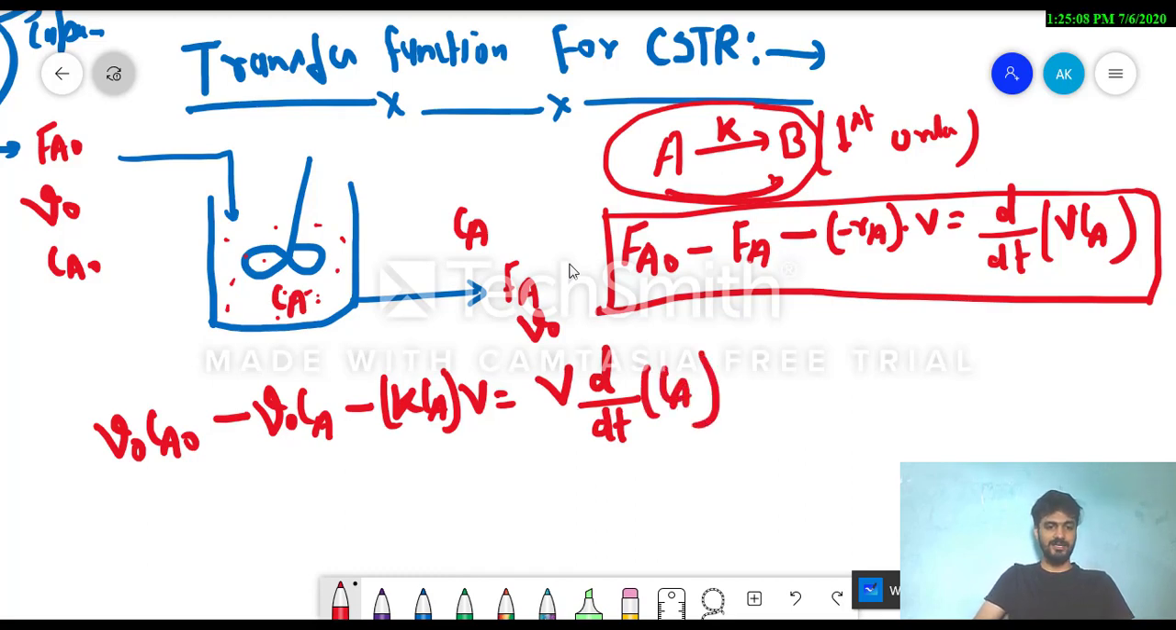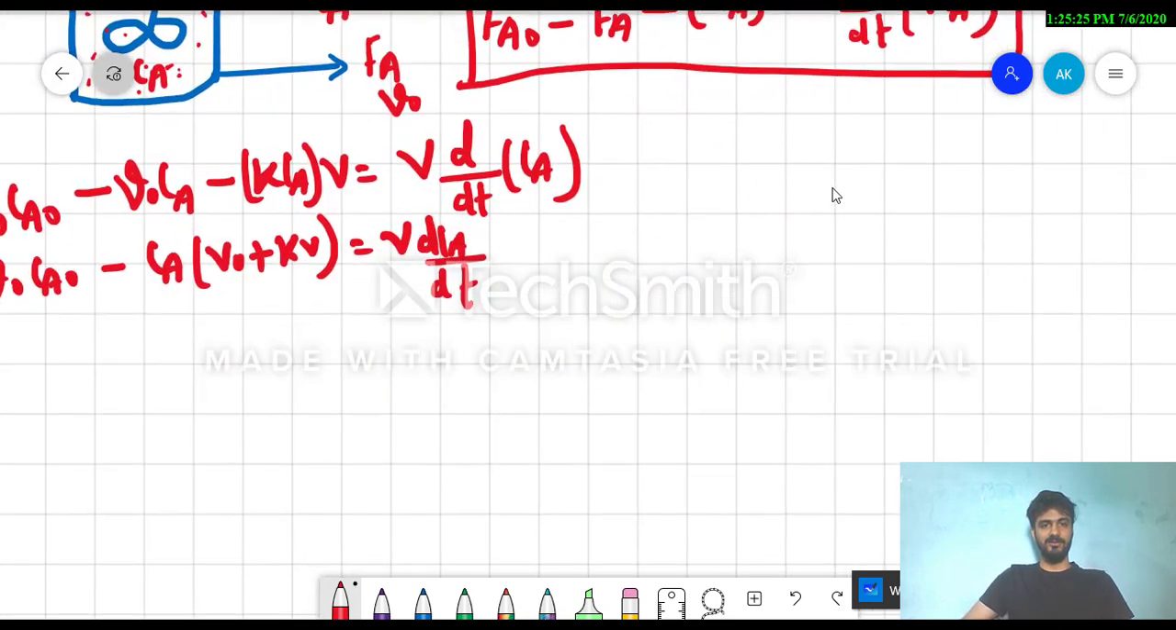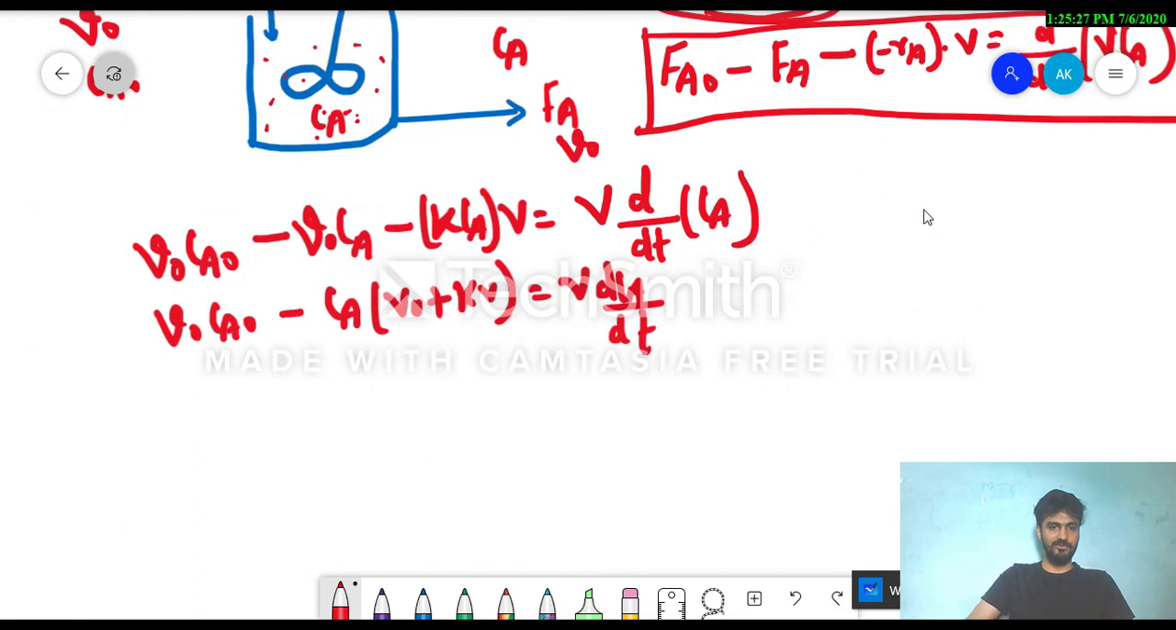Okay, now understand one thing. So you can write V naught Ca naught minus, you can take VCa common. So you can write V naught plus Kv, that equals V dCa by dt. That thing you can write from here. Now my dear student, what you can write from here in the derivation,